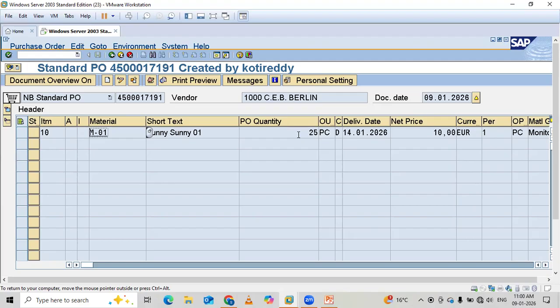Don't duplicate it. You send a formal email and attach this PO. Then ask them to consider this revised PO.